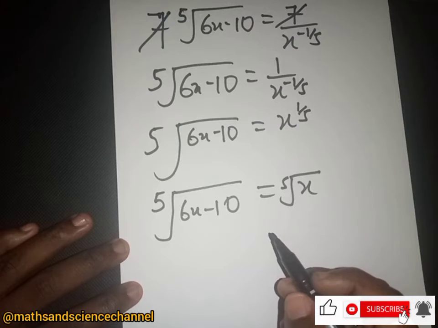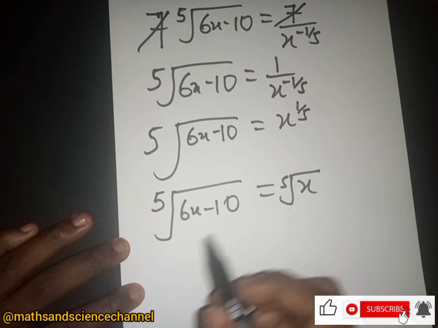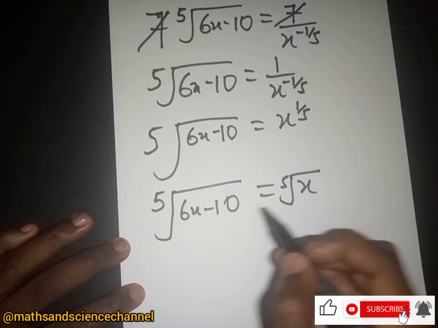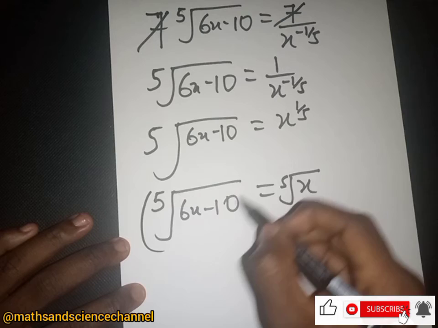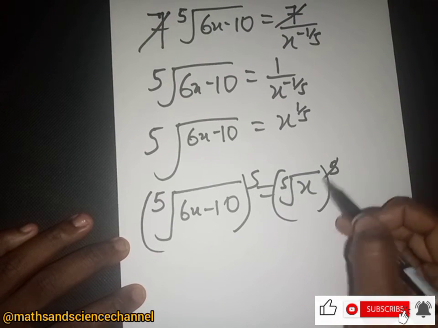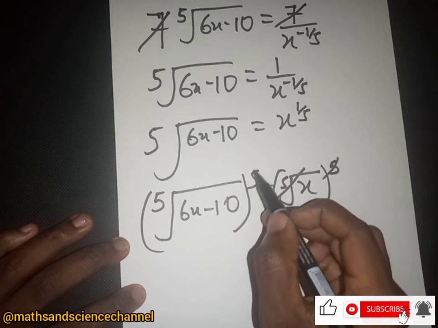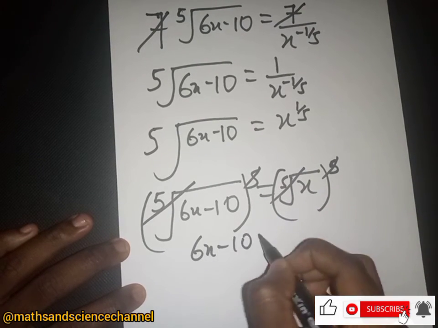So what we'll do next is to apply exponent 5 to both sides, right? When we apply exponent 5 to both sides, we get rid of the fifth root. So we do that by applying 5 here. On both sides we apply 5. This gets rid of the fifth root, this also gets rid of the fifth root, and we are left with 6x minus 10 being equal to